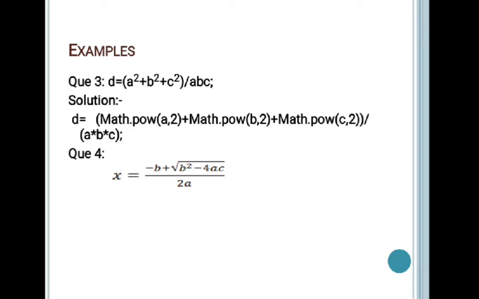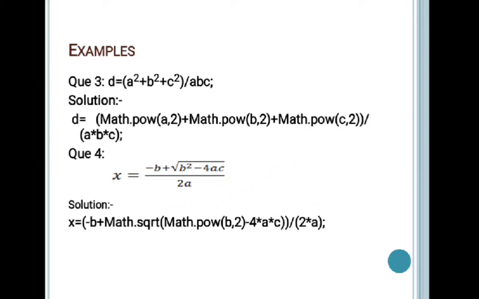Whereas this is Sridharacharya method to find two roots, but I have taken only one root over here, which is the positive root. All right, now how are you going to write this? Pay attention over here: minus b plus, as you can see, a square root is there. So for this we have a method